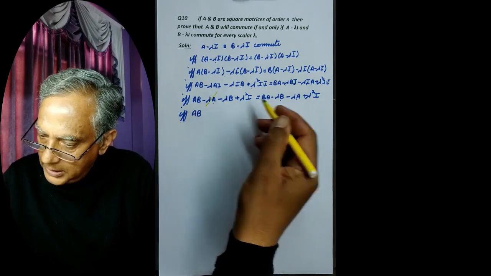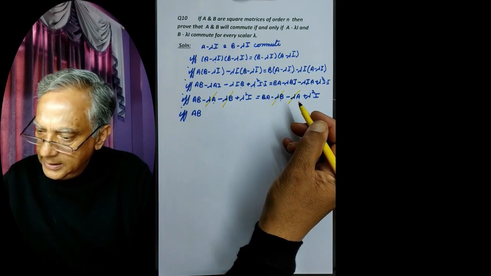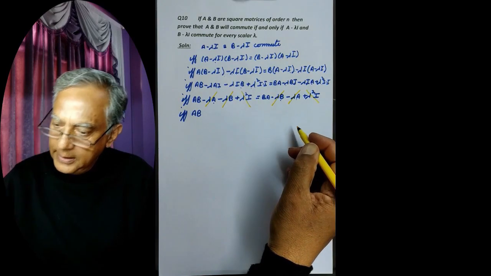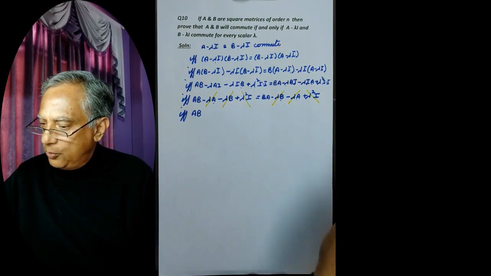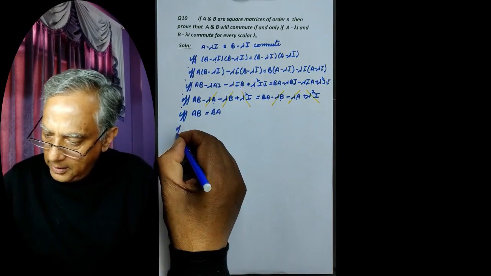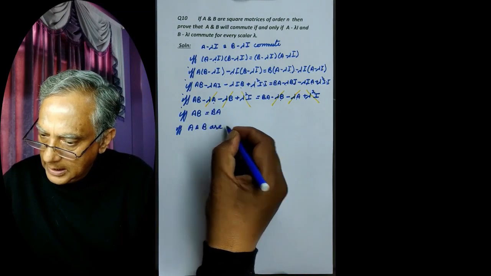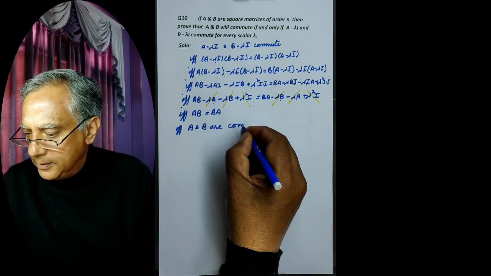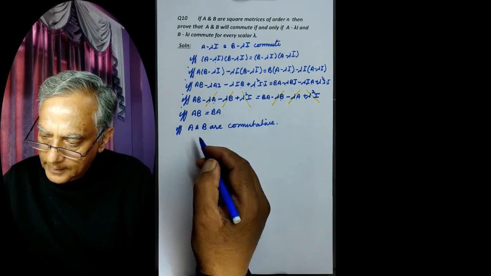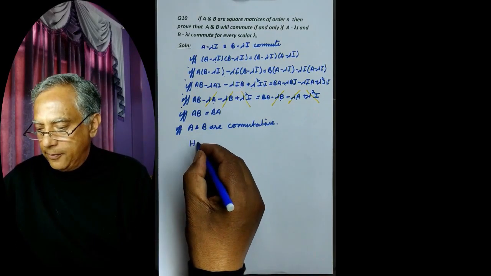If and only if now AB, now this lambda A cancels with this, lambda B cancels with lambda B, and lambda square I cancels with lambda square I. So we are left with AB is equal to BA. If and only if A and B are commutative. Hence,